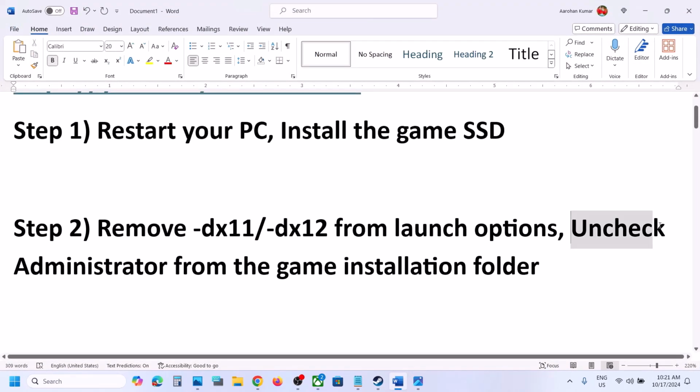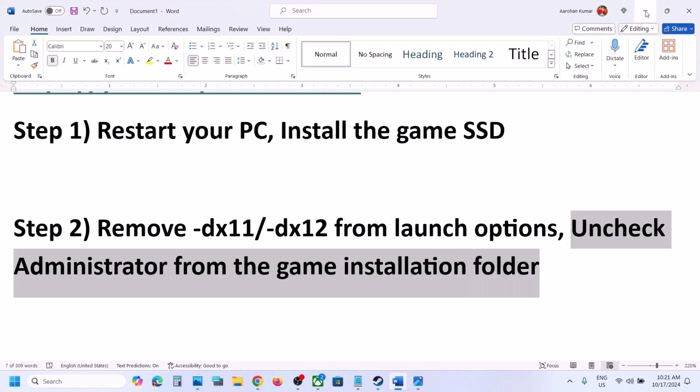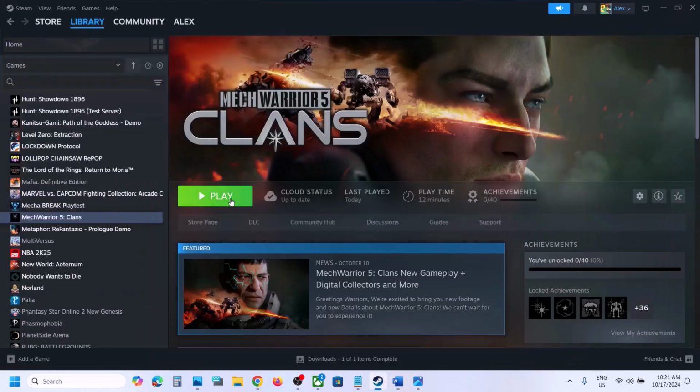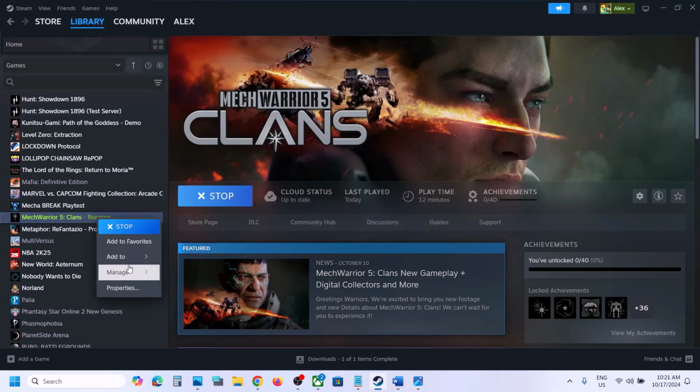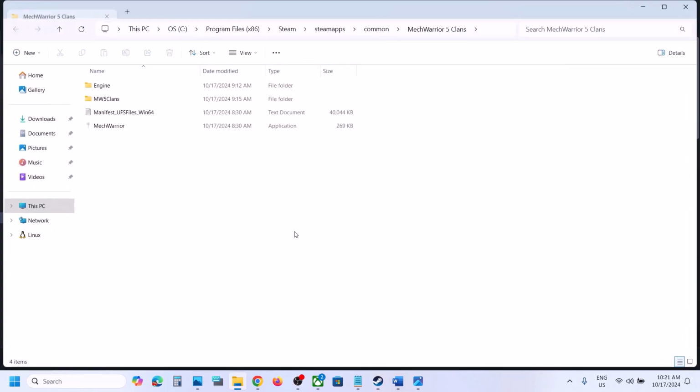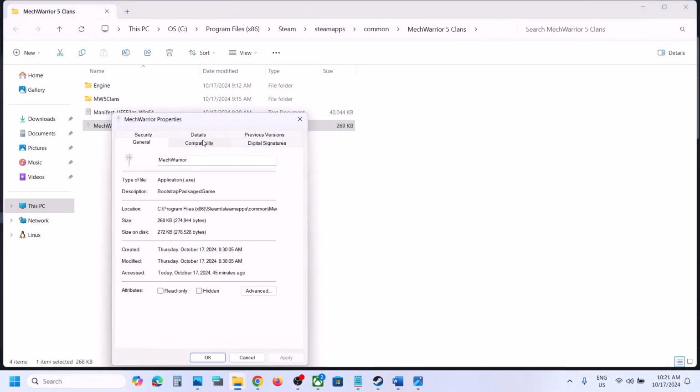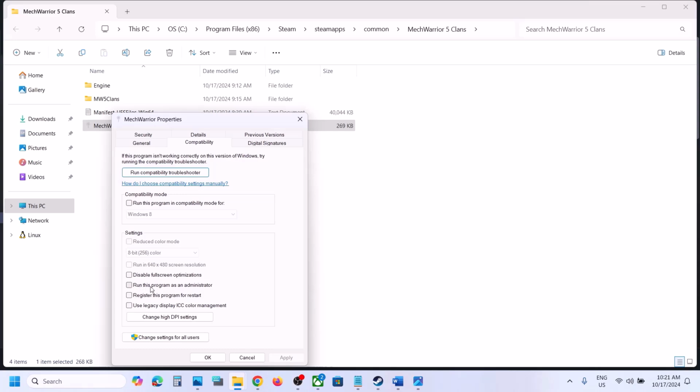Also uncheck administrator from the game installation folder. So if there is a check mark on the game exe file for administrator, you will again receive this error. Now for this you can make a right click on the game, select manage, now click on browse local files. Now make a right click on this game exe file, select properties, go to this tab. If this box is checked which says run this program as an administrator, uncheck this box and then hit apply,